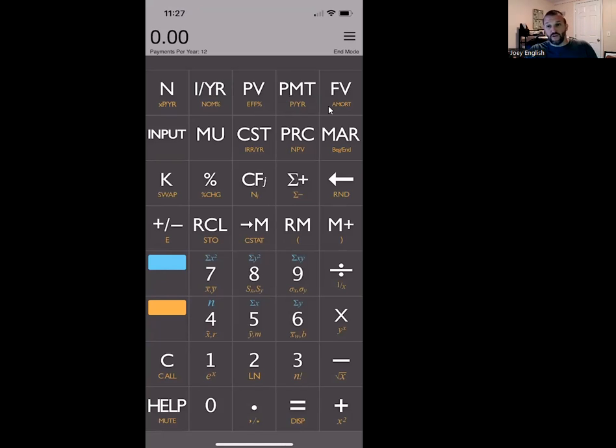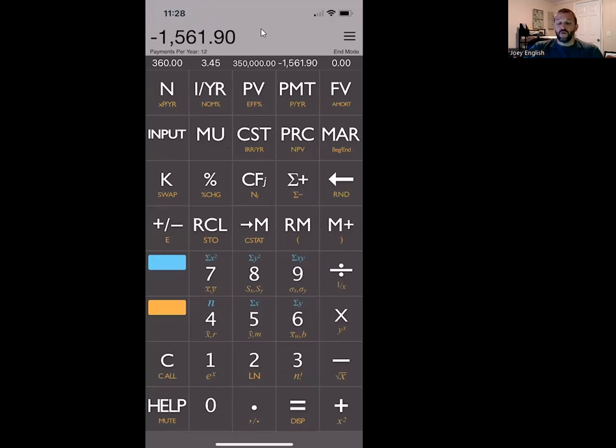So the very first thing that we're going to look at is a 30-year fixed mortgage, and it's got an interest rate of 3.45% if it was in January of 2022. The present value of the loan, if we were looking at a $350,000 home, would go into PV, and then we'll put a 0 for future value. Now what you do is you just hit the payment button, and it pops up what the payment is. Once again, this is negative